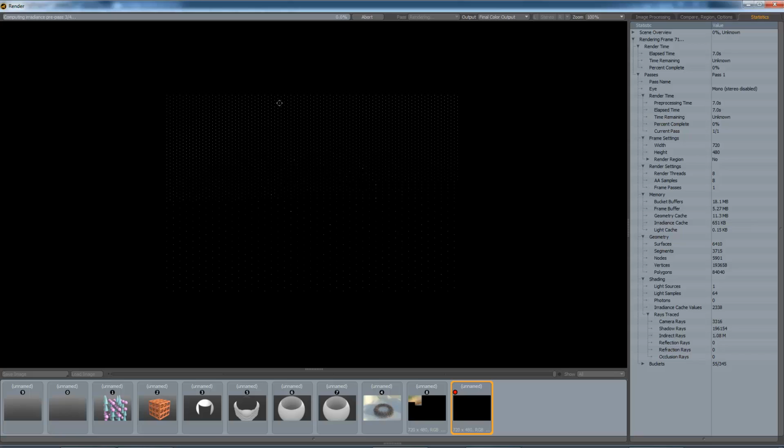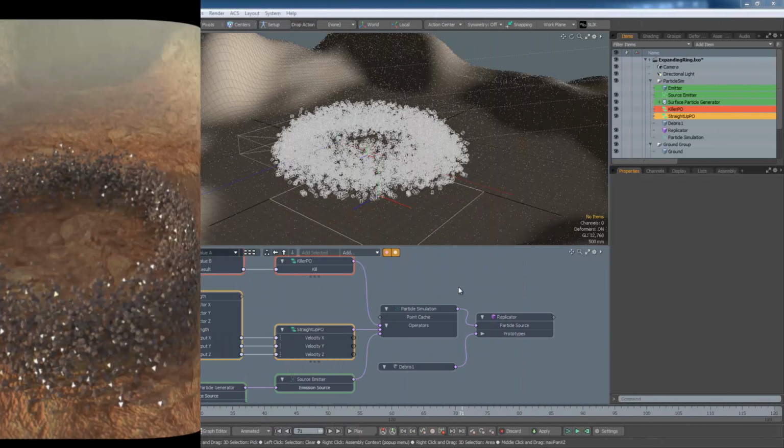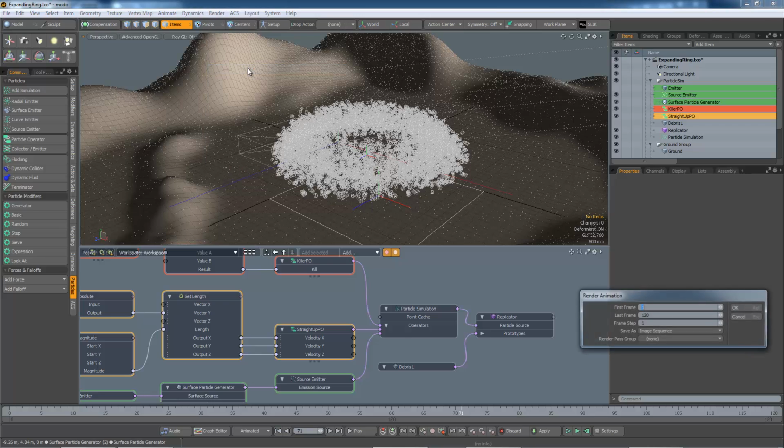I won't make you sit through this because it's going to take rather a long time, so I'll pause the video, and this is the final result. Once we're happy with a few test render frames, it's time to render the entire sequence. Do that with render animation,